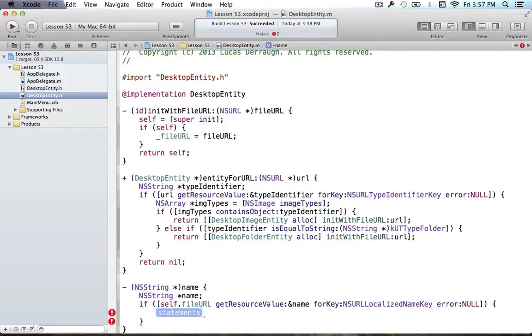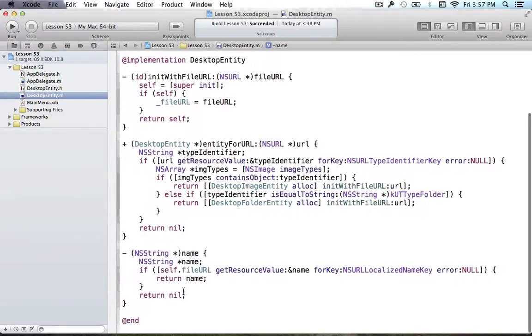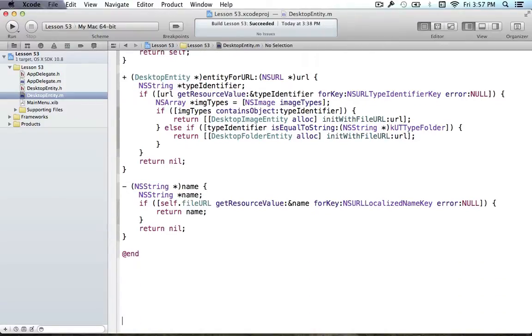All right, with that, we can return the name, and else we can return nil because it didn't work for some reason. All right, that's that. So there we go. We're perfect and ready for our desktop entity. Now we have to implement the other few methods here. So go ahead and